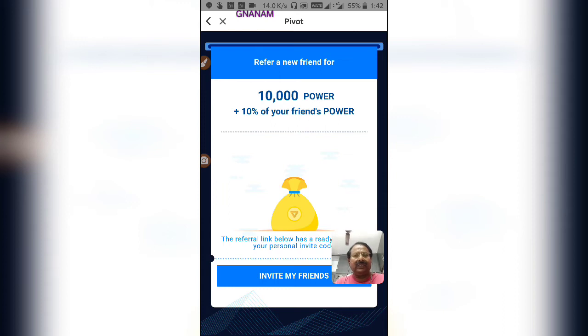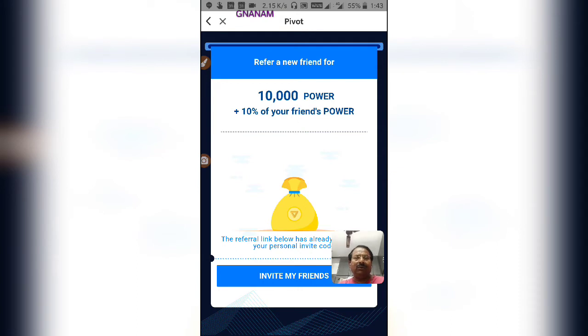See, 10,000 power plus 10% of your friend's power. By doing this you will get 10,000 power points, and also whatever your friend earns, you will get 10% out of that.